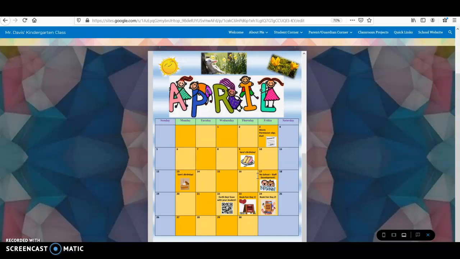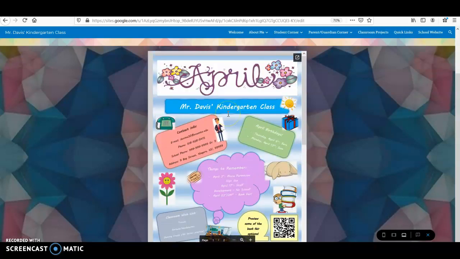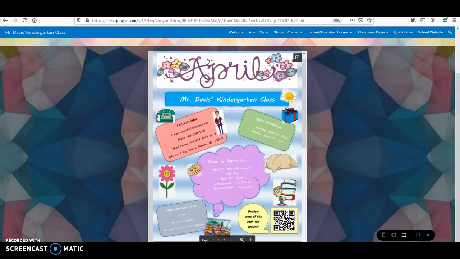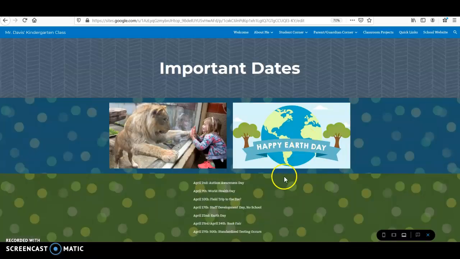And yeah, so I think I would be putting a new newsletter up every month, and hopefully can make it look like this one, or as close to it as possible. Yeah, so now we've got our important dates, and again, it's a little bit repetitive from this center section here on the newsletter, but the newsletter will be changing every month, so they might not all have the same sections in the same places. So, but yeah, so this is going to include not only days in school where things are going on, but also